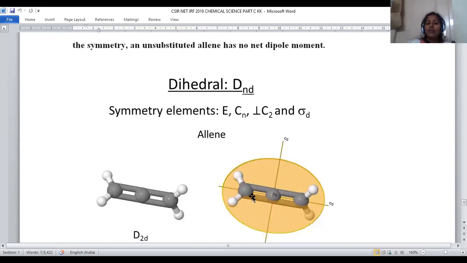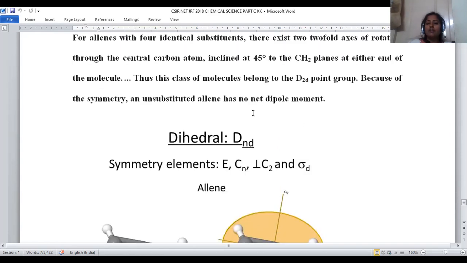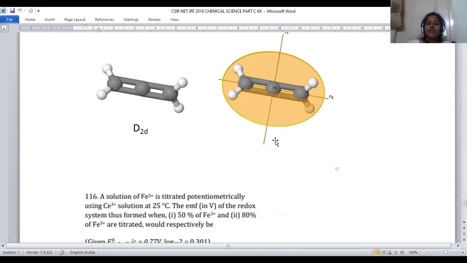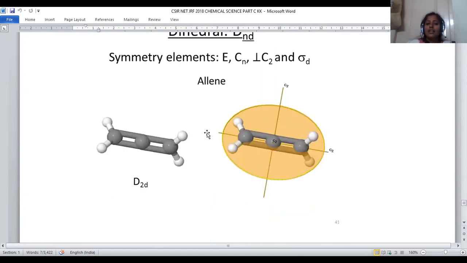we have a similar functional group, even a cumulative double bond is there, but the dipole moment doesn't become zero. The dipole moment of allene is not zero because one of the double bonds is in the vertical and the other double bond is in the horizontal, both are in a perpendicular manner. That's the reason why its dipole moment is not exactly zero. So based on all these symmetry elements, you can conclude that allene is said to be a symmetrical top molecule.